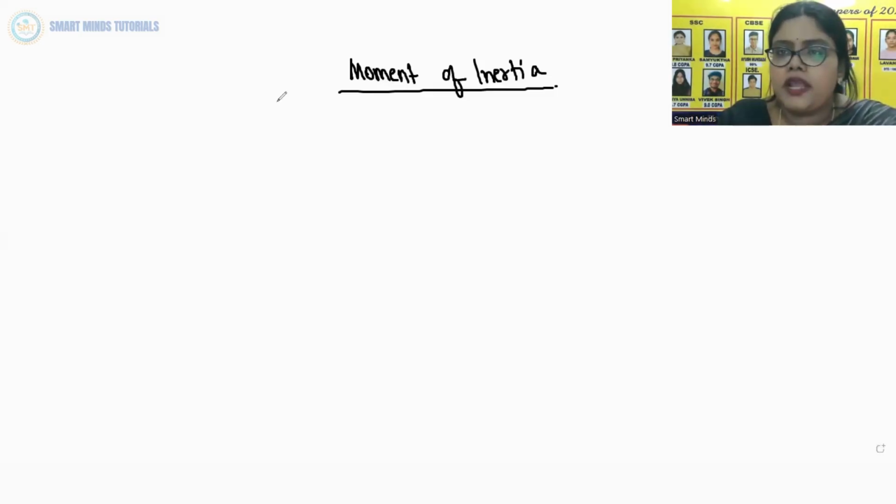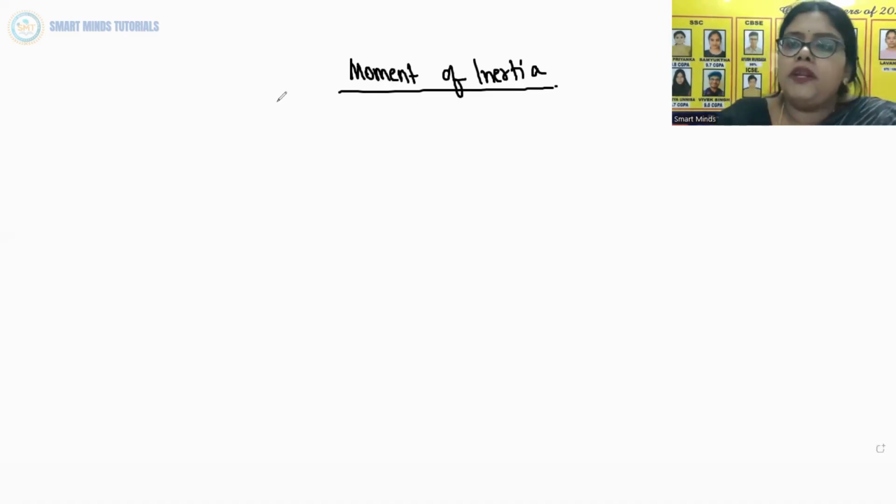So first we will understand in this class what is moment of inertia. We have already seen that we are developing the study of rotational motion parallel to the study of translational motion. Translational motion is motion in a straight line, and rotational motion is when the motion is rotating along a circle kind of. We have yet to answer one major question in this connection: what is the analog of mass in rotational motion? We shall attempt to answer this question in this class.